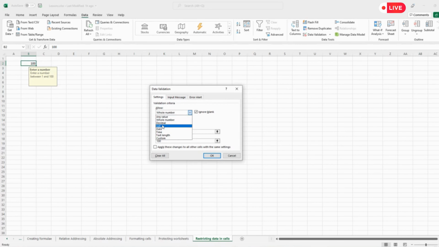So I could restrict it to a decimal value, or a date, or a time, or a particular length. So I could say that the text length, they must enter, say for a password, something between 8 and 16 characters long. I've got Custom, so I can define what I want based upon a formula, and there's one called List, and